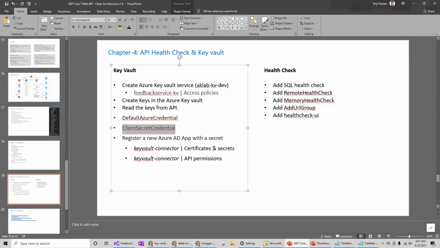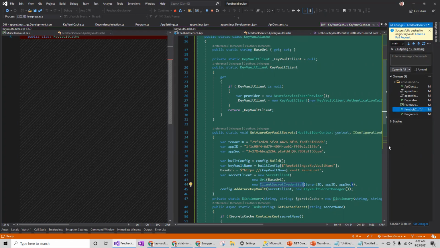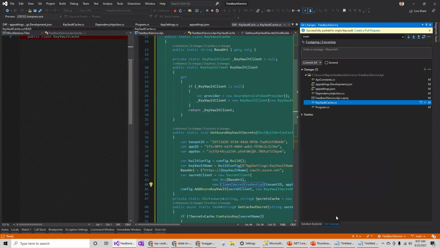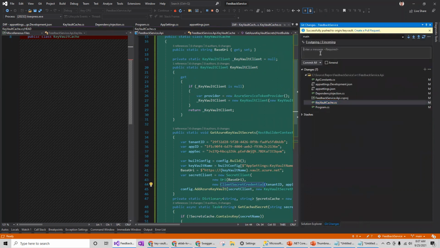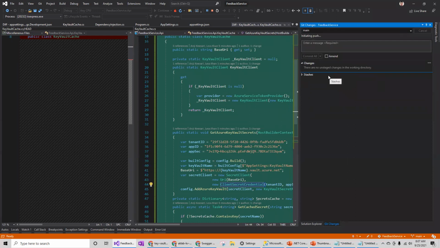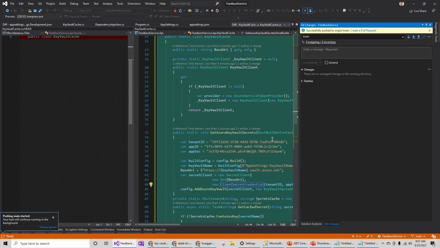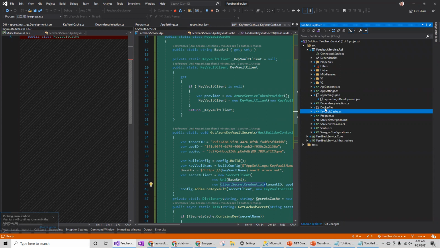I have to discuss in the Azure Key Vault, and then let's start moving into the next topic, which is the API health check. So before moving into the next topic, I would like to commit this code since it's working. So let me give "Azure Key Vault connection changes". I will refactor this code to not have this here for the production code as discussed.